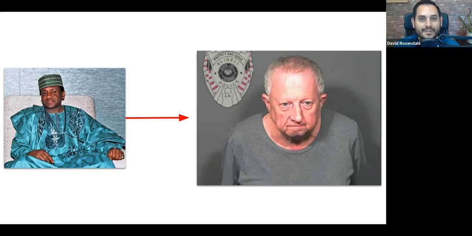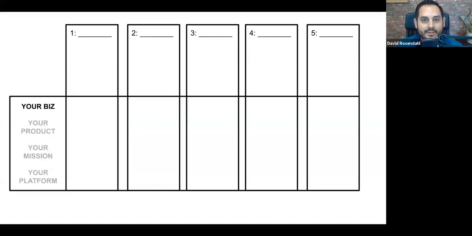But by and large, the majority of what you're finding, what you're attracting to you, is going to be stuff that's germane to you and your business. So here's the framework, and I want you to think about it for a moment, okay? I'm gonna give you a second. In a moment, I want you to drop into chat one or two of what you think your top 5 might be. So if you were to fill this in for yourself, what would these things be up here? Give me 1 or 2.